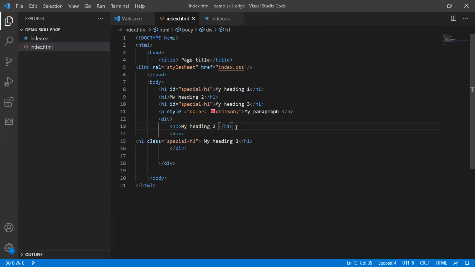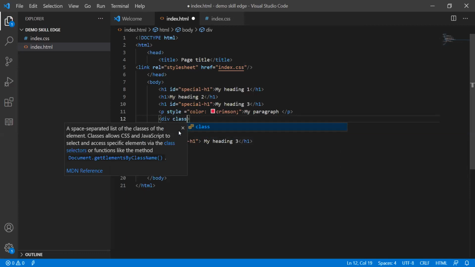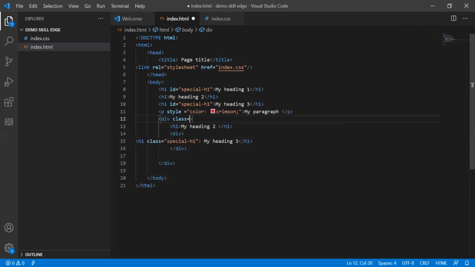I can use div class name here. I can give this as parent div here, so that we will be able to know which is a parent and which is a child.